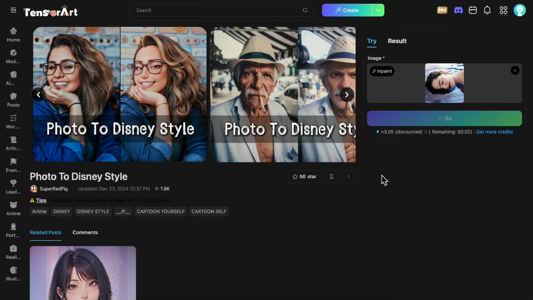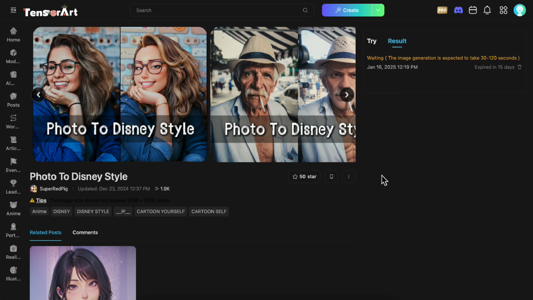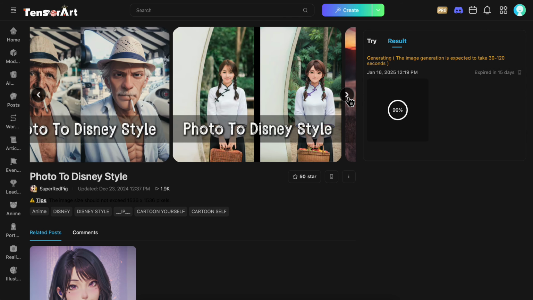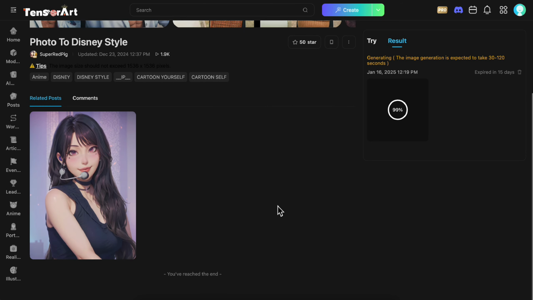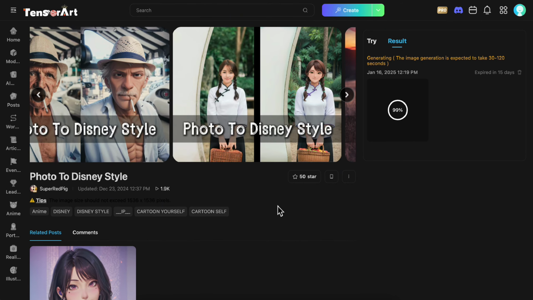Now we're gonna have to simply wait until the AI does all the work for us. So as you can see, we're gonna have to simply wait. As you can see, the image generation is expected to take 30 seconds. And here you have some previews. So as you can see, this is how it's gonna look like. So it's almost done, and I'm gonna show you in a second what is the result basically of that photo. So we're gonna have to simply wait until this loads up,